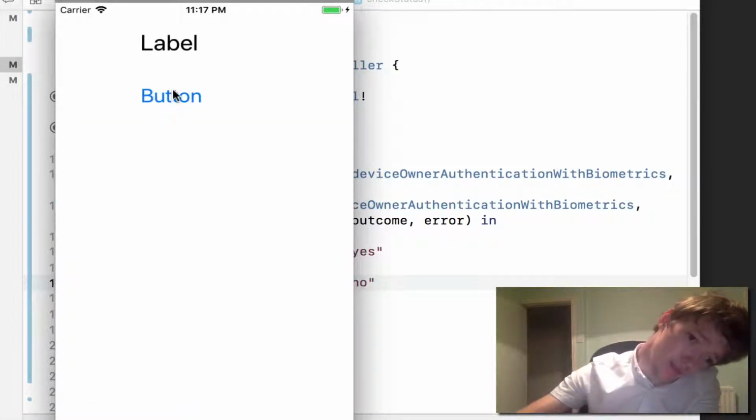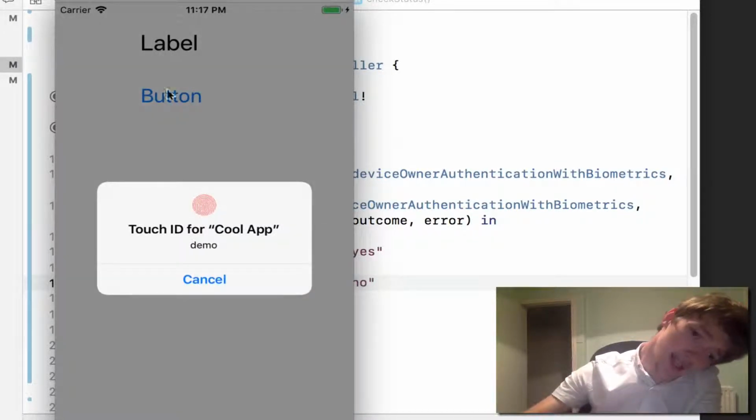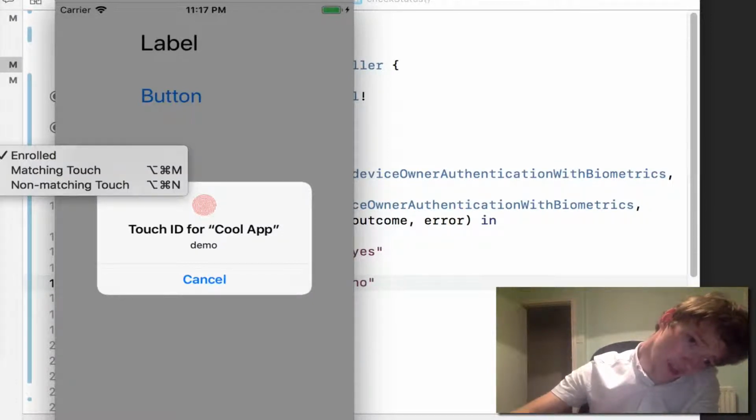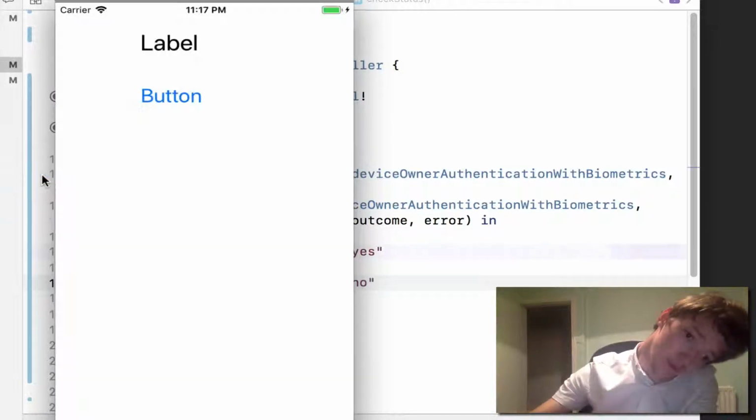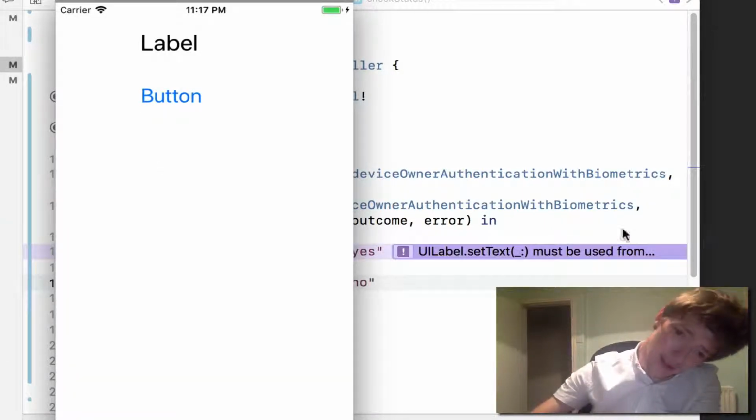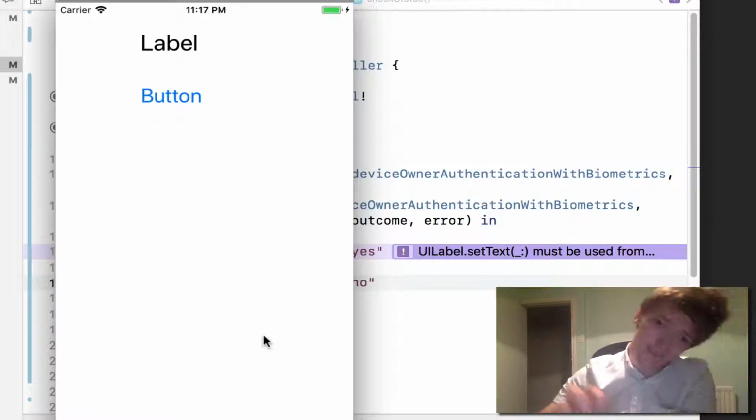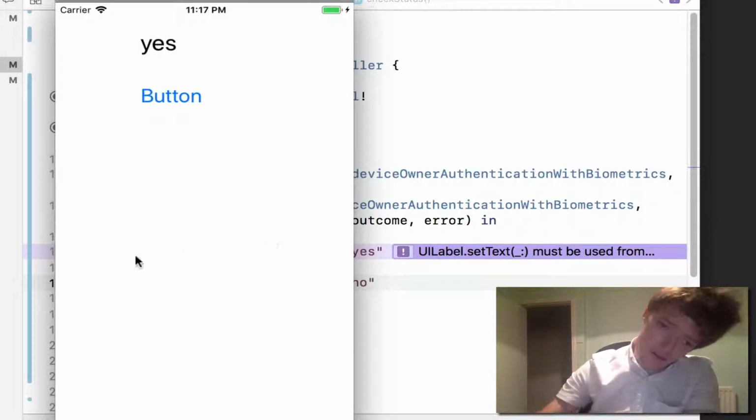Now, if I click this button, you see that this device has TouchID, so we've been asked to give a TouchID signal. The way you do that on the simulator is to say hardware TouchID, and then you can choose either a matching or non-matching touch. So let's start off with a matching. And then you notice here in Xcode, well, for one thing, if we wait long enough, we'll get the answer yes, so it is working, but we get this strange purple